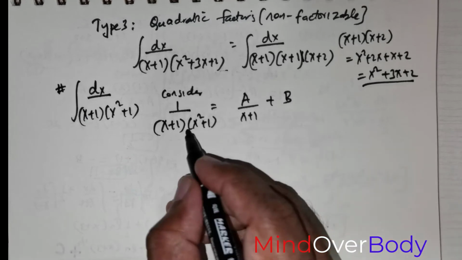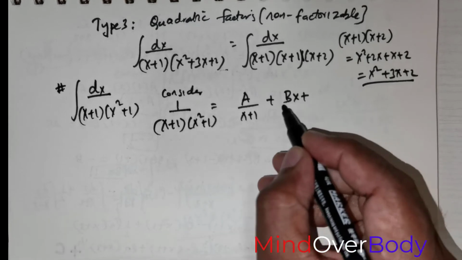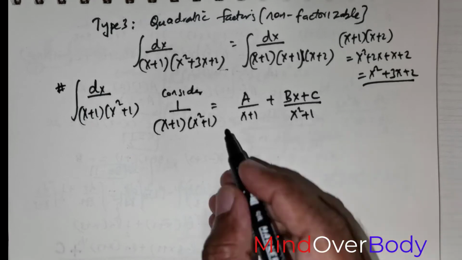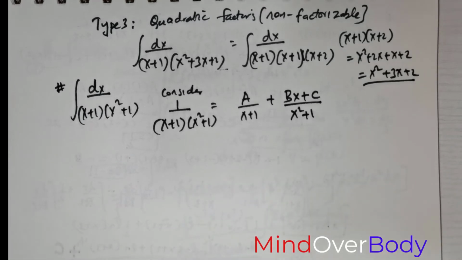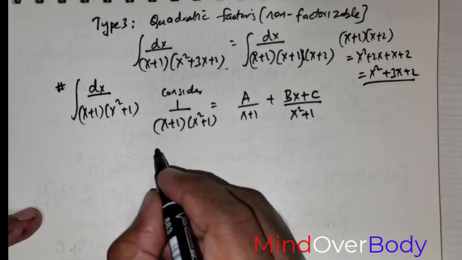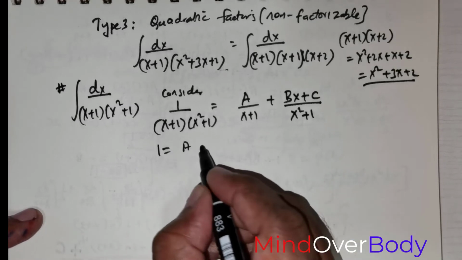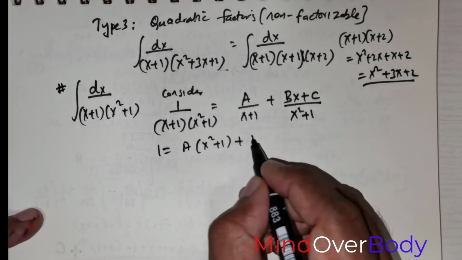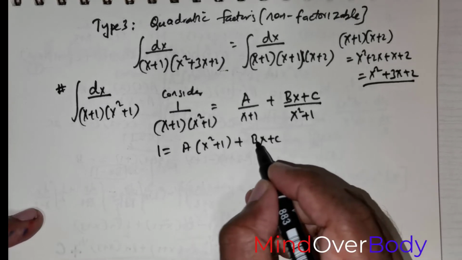For the second quantity, the degree is 2, so we will have to represent it as Bx plus C over x squared plus 1. This is the standard format by which we handle quadratics which aren't factorizable. So if we were to cross multiply, I would get 1 is equal to A times x squared plus 1 plus Bx plus C